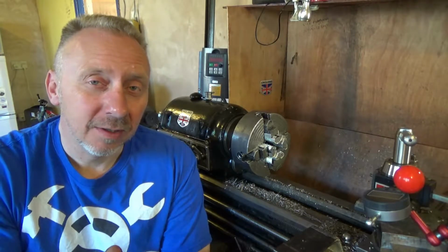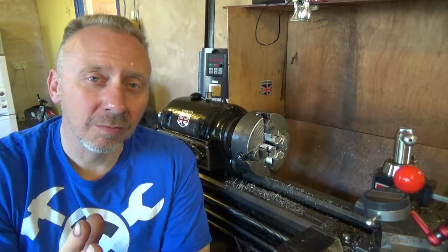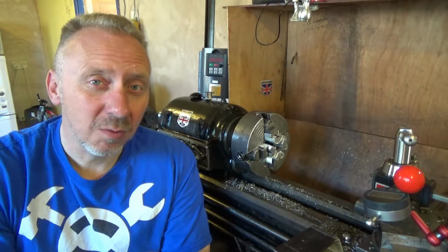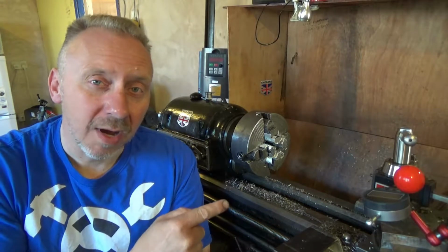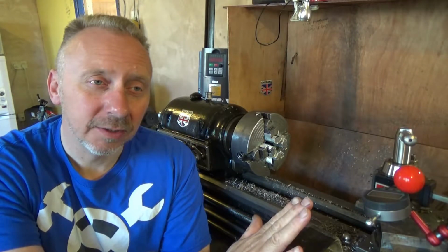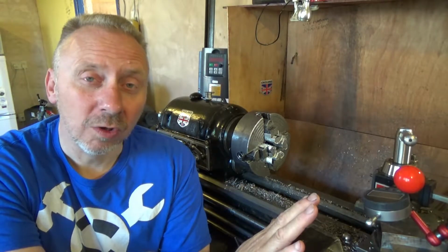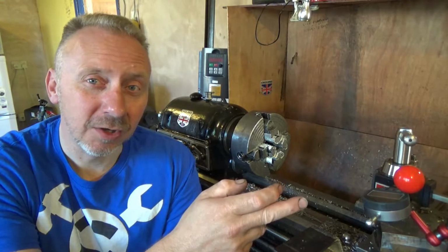I measured the depth of cut by using the measurements from the machinist's handbook. So I just took the measurements out of the handbook for a class 3 thread, did the calculation, that was the measurement. Now I divided that measurement in two and went about doing it. Unfortunately I had a lot of tool pressure, and when I got to my half depth, which should have been double depth, it would have been full, I wasn't happy with the look of the thread, and I carried on regardless, using the DTI gauge,